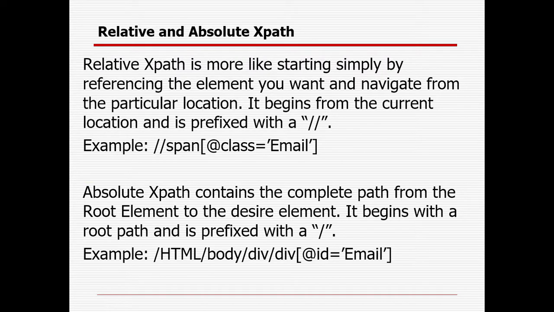We will be creating relative XPath for our reference, because absolute XPath you can get, but relative XPath we should create. Absolute XPath starts from a particular tag and goes one by one, so it will be big, and if any of those options is changed somehow, the XPath will not work. That is the reason instead of absolute XPath we will use relative XPath, where we start from a particular option and there is less chance that option will be removed or changed later. Absolute XPath starts with a single slash, whereas relative XPath starts with a double slash.